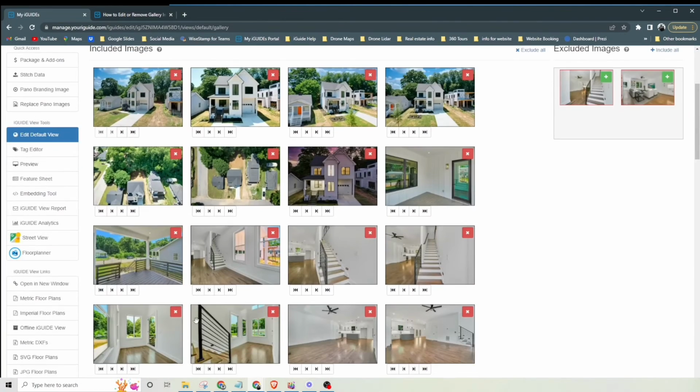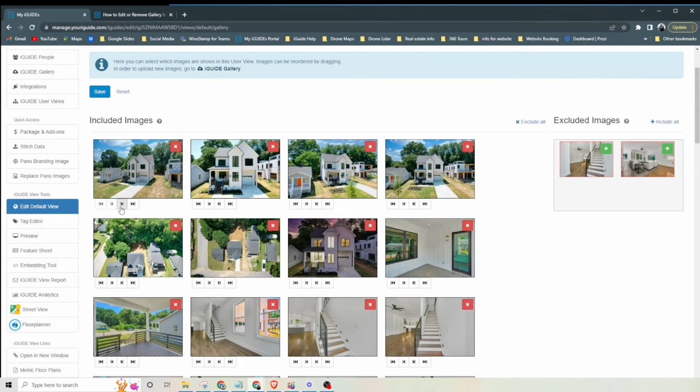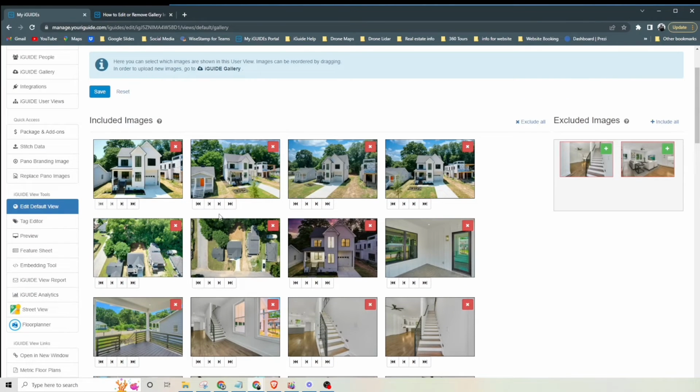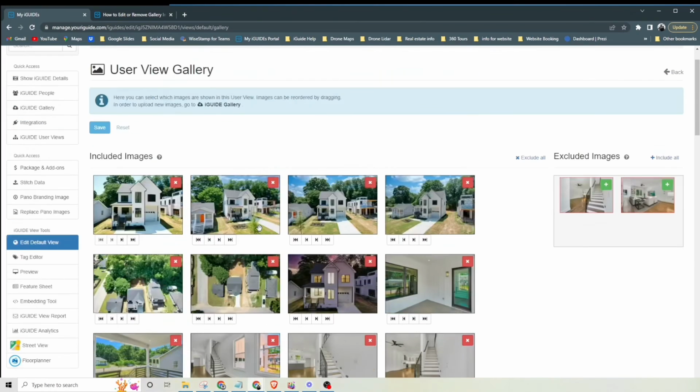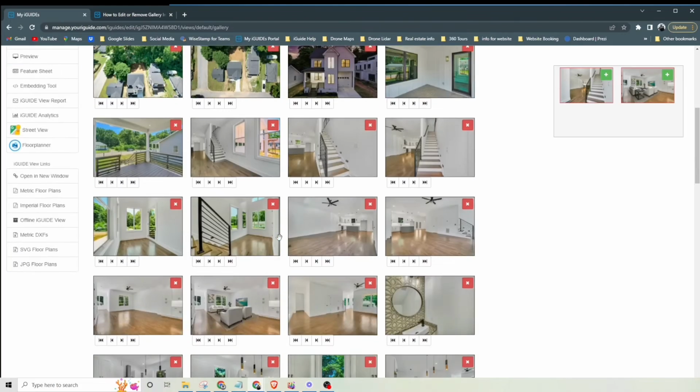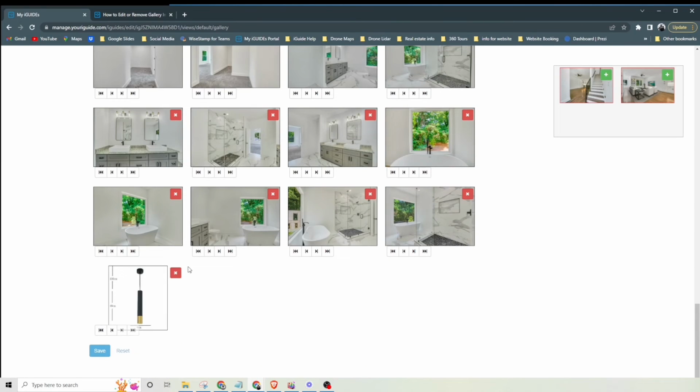If your images are kind of everywhere and not really in order, this is going to take you a few minutes to get everything situated. Now, as far as deleting images, all you have to do is hit the little red X